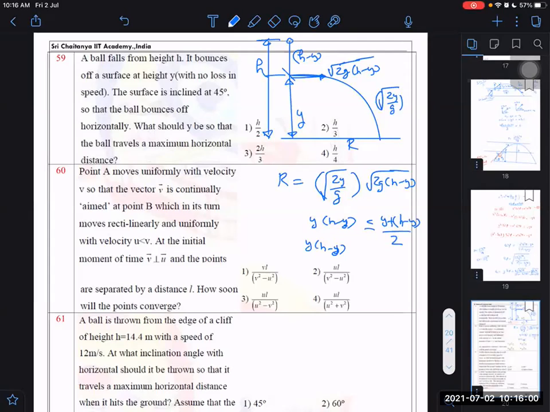Geometric mean, then I should take the root also, I think. It is less than or equal to what? H by 2. Then what is the maximum possible value of this? The maximum possible value is h by 2. Then we can get the maximum range. Just put the value of the product y into (h minus y) as h by 2. The root of y into (h minus y) we have to put as h by 2. G and g is already cancelled. 2 into 2 will be 2. Then we are getting 2 into, what is it? Is it wrong or what?